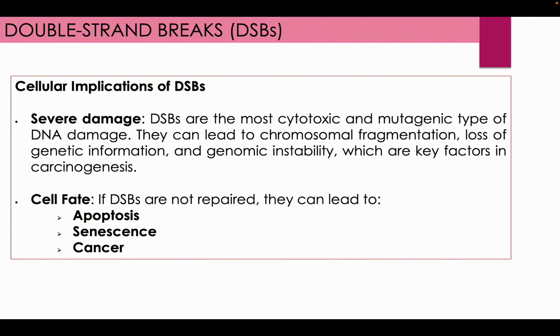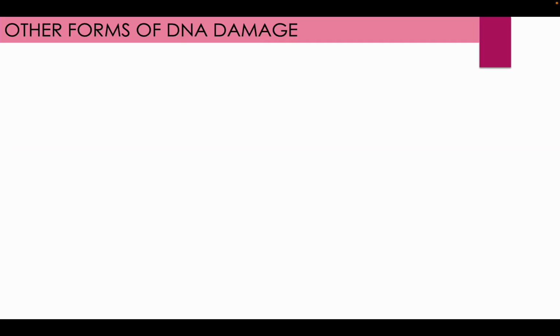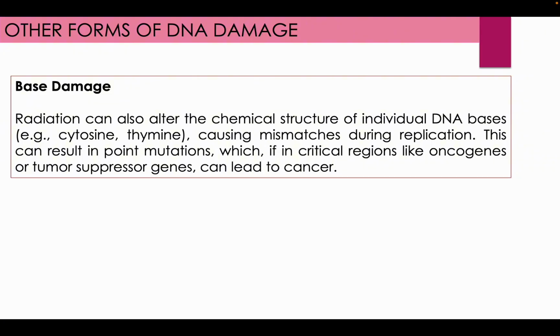So those are the cellular implications of DSB. We've discussed already the single strand breaks and the double strand breaks. Now, what are the other forms of DNA damage? The first one is base damage. Radiation can also alter the chemical structure of the individual DNA bases, causing mismatches during replication. This can result in point mutations, which, if in critical regions like oncogenes or tumor suppressor genes, can lead